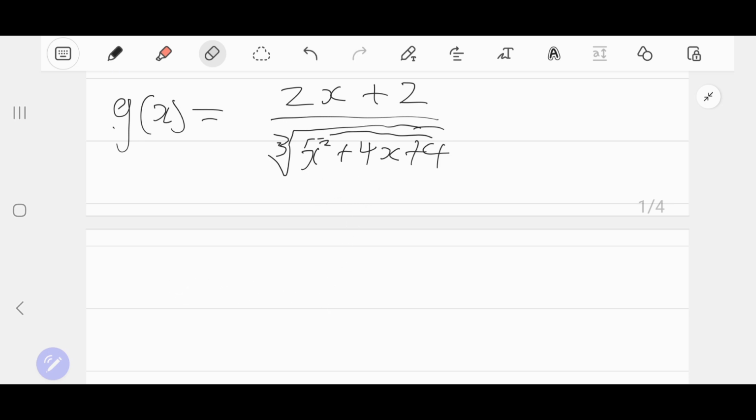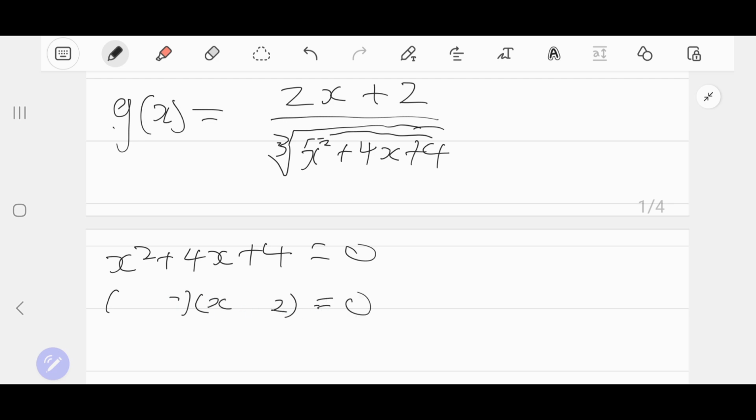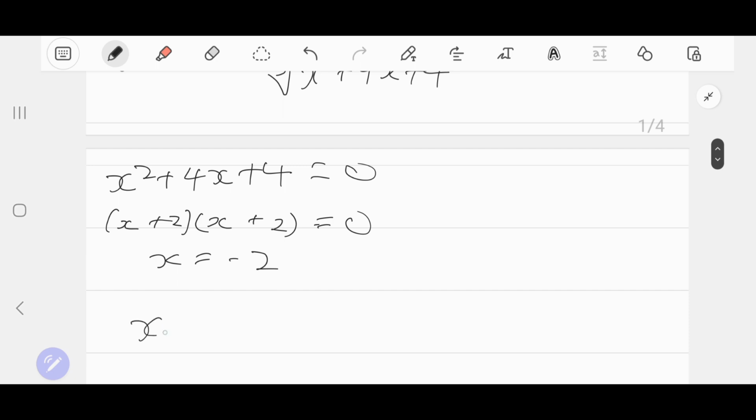I'm going to take the function that is under the square root, people. x squared plus 4x, I'm going to equate it to 0. Let me check whether I can do it by inspection. It's going to be 2, it's going to be 2x. Oh, now x is equal to negative 2. Yeah, x is equal to negative 2. So this means now, people, my domain would be x is an element of real numbers, but remember now,